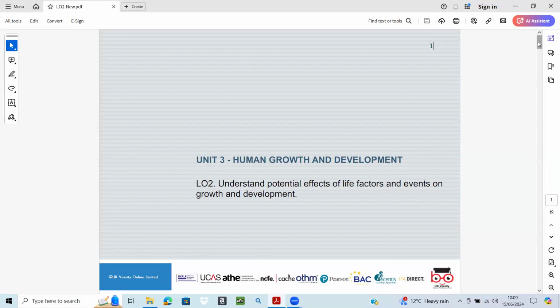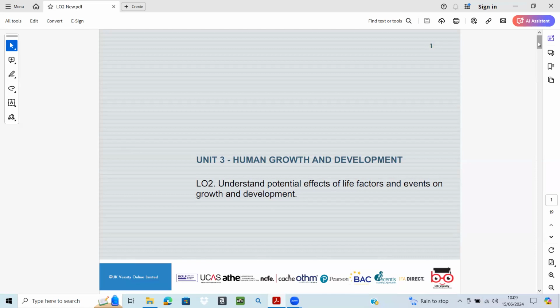Then we have the unexpected life events. These events are unplanned and can have an impact on the course of an individual's development. If we have to give an example, we can say that the sudden loss of a loved one is an unexpected life event that can affect emotional and psychological development. Children who experience such loss might show behaviors like depression, which could impact their academic performance and social interactions as well.